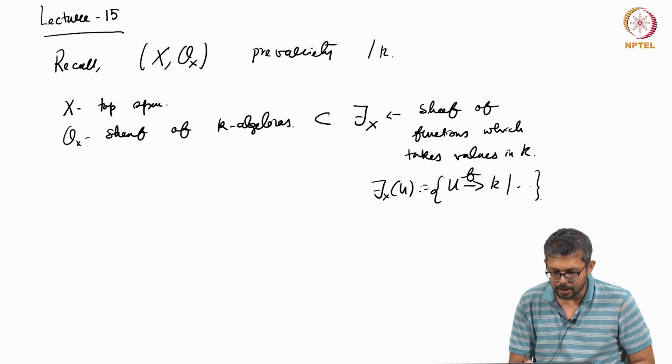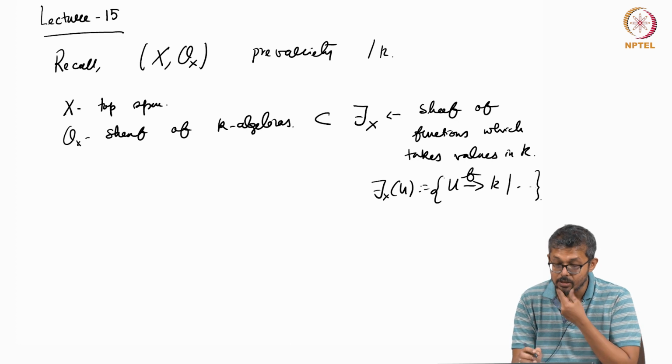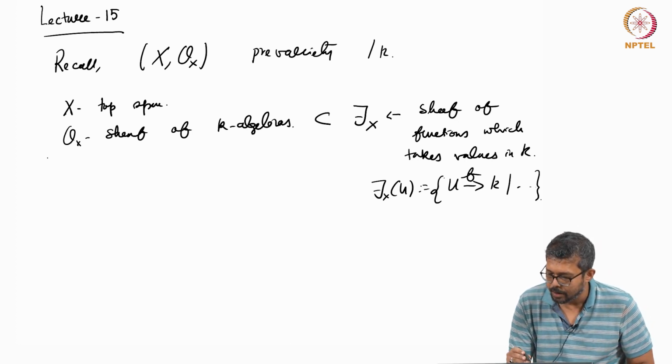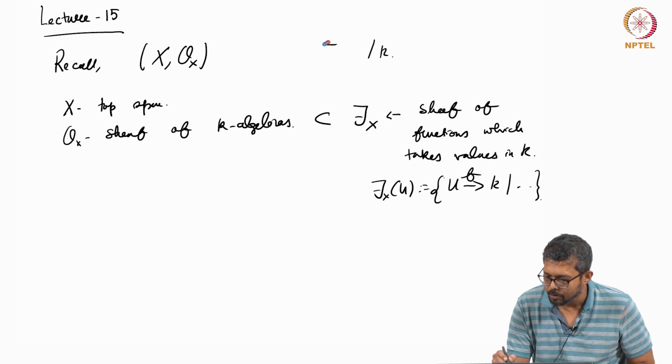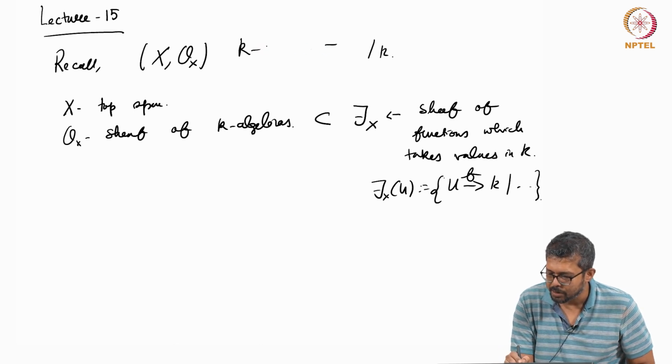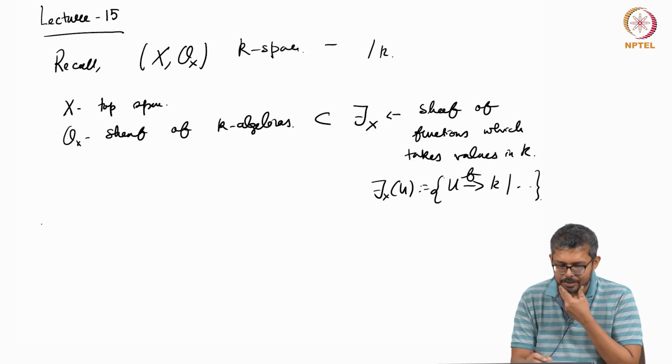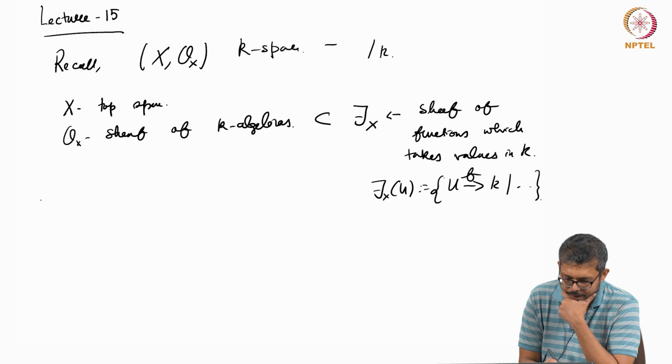And then, okay, so this is what was called a K-space. So this is not a pre-variety, you still need some more conditions. It's called some K-space or something, right? K-space. And then you say that it is a K-variety, (X, O_X) is a K-variety